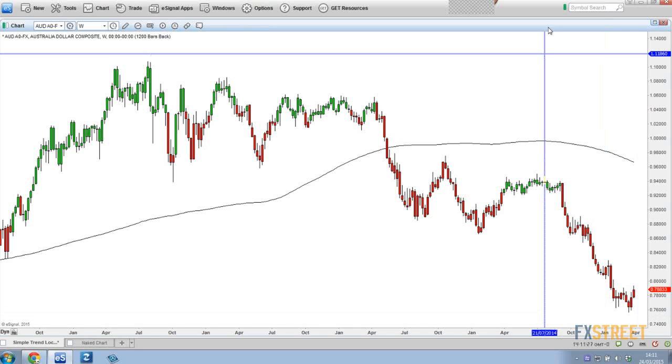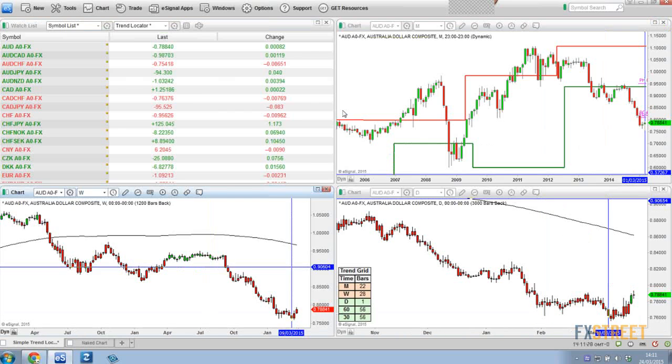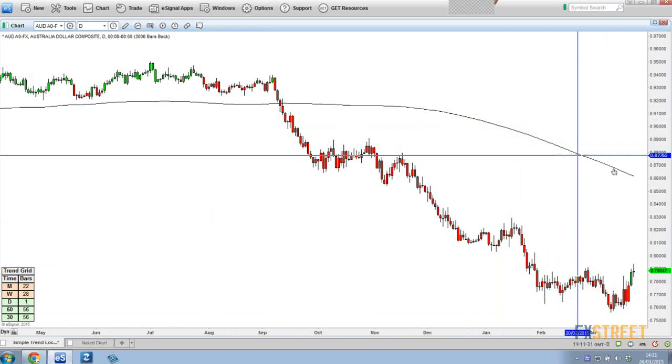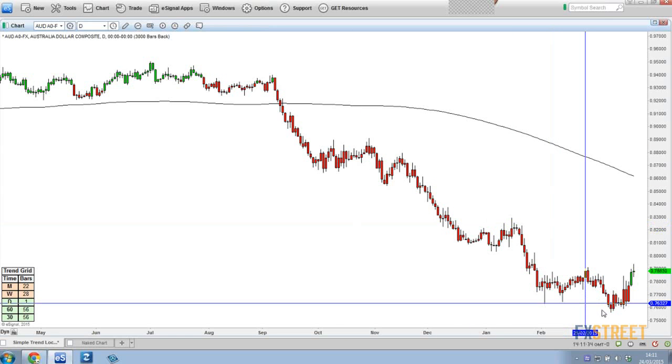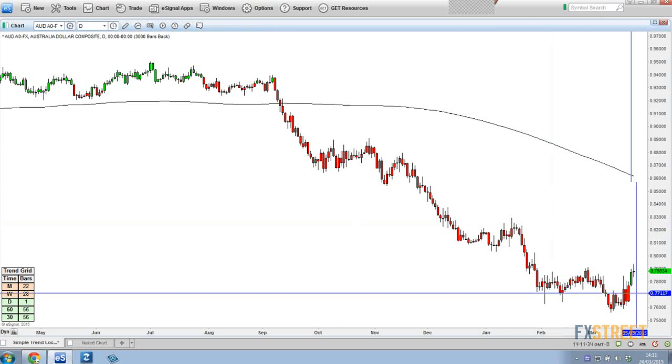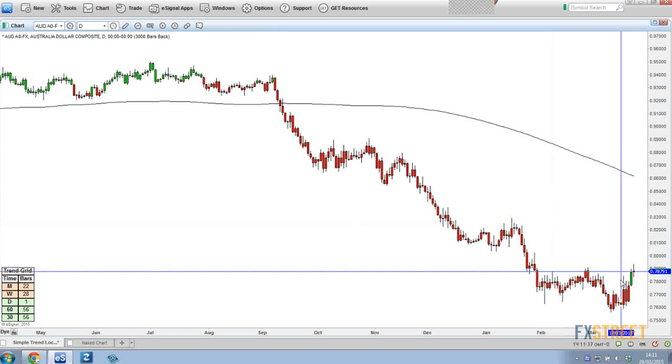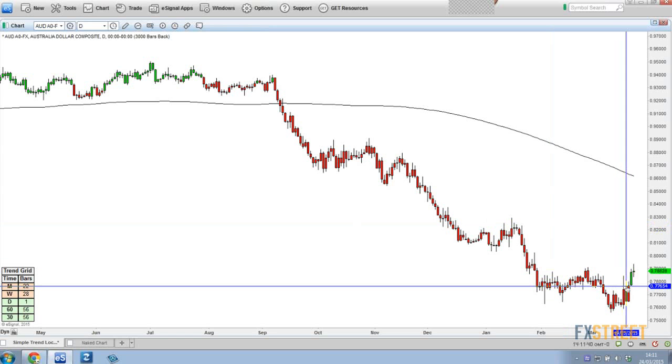If we go to the daily time frame, we're trading below the daily 200 moving average, and we've got the red trend filter in play. Okay, we've now got a green trend filter in play. What that does, that still is not enough for me to be looking to go long. This is still not telling me that we're in a trend reversal as yet. If we look at this a little bit closer,